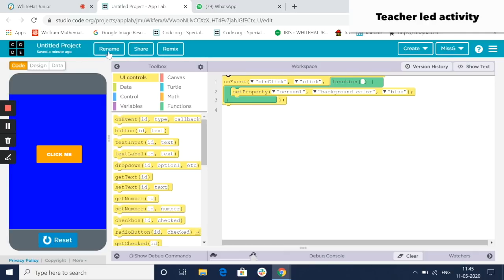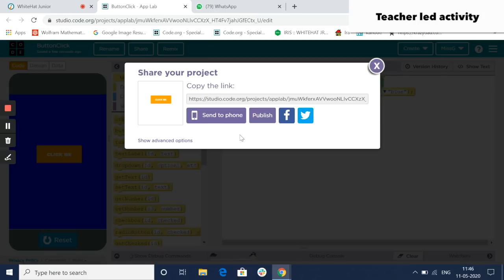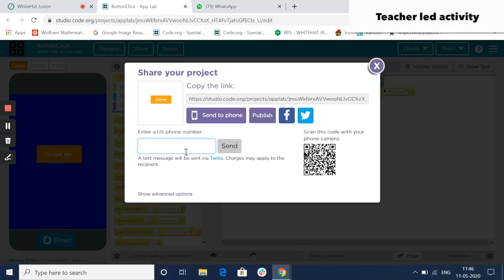Before that, always as best practices is to give your project a name. Okay? And save it so that tomorrow when you want to look at your projects, you know what this app does. Also, it will be good to share this with your friends and family. So if you're in the US, you can directly send it to a US mobile number for very minimal charges.